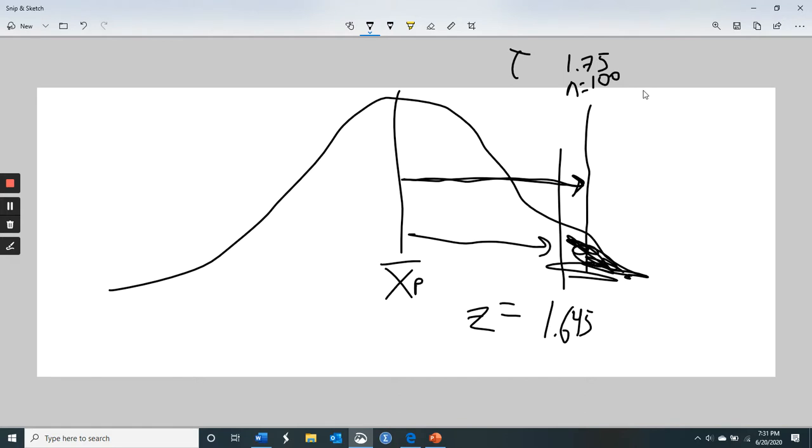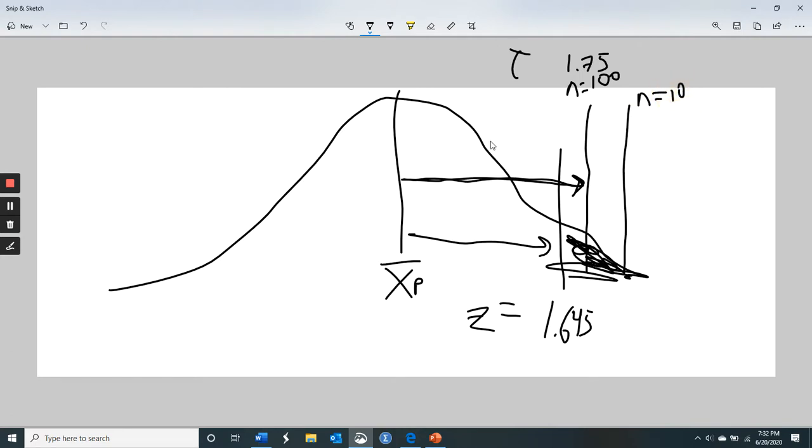Let's say that we only have 10 people. So if we only have 10 people in our sample, where do you think the line goes that we have to cross? Do you think it goes to the left, or do you think it goes to the right? Do you think it goes closer to the mean or farther away from the mean? I hope that you said farther away from the mean. This is, again, just conceptual. So if we have a sample size of just 10,